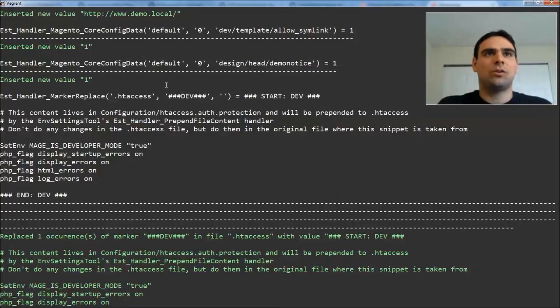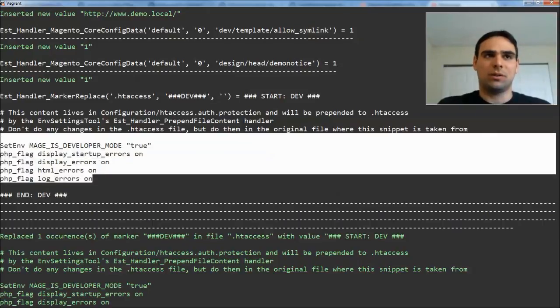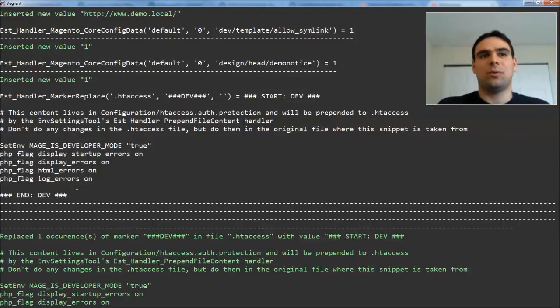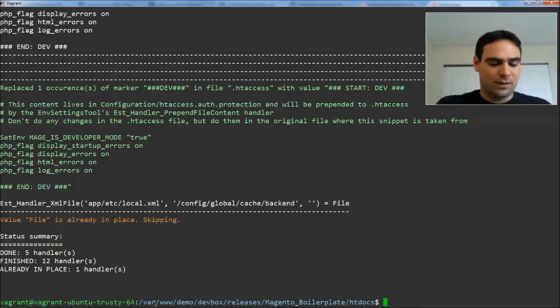And another thing we're going to do here is in the htaccess file that we just deployed, that we copied over, there's this # dev marker that will insert a snippet here for your dev box, and again, only for your dev box, will enable displaying errors and the Mage Developer mode. Okay,